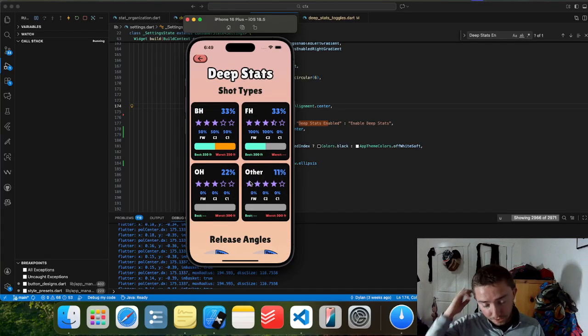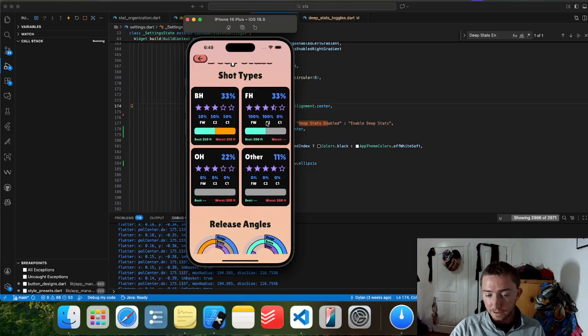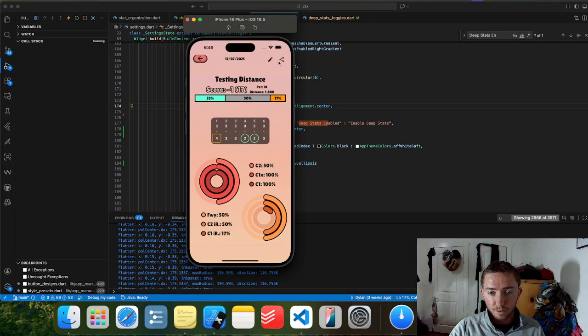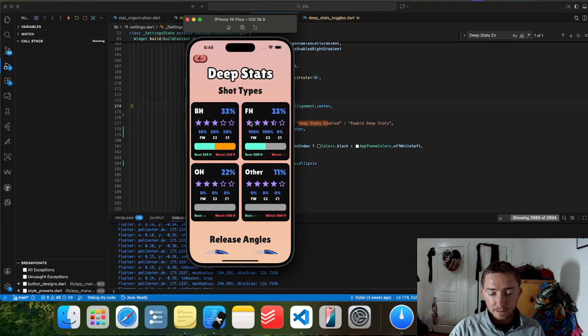I did put it on my to-do list. I haven't done anything yet, but now I've got all this empty space up in the toolbar. It'd be nice to put a little something extra. Eventually, I'd like to incorporate a share feature for the deep stats. What that would end up looking like, I'm not sure, but